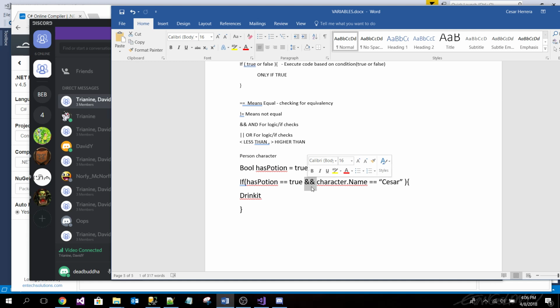So in English, right, it means and. So that means that both of these things have to be true. I know it sounds easy and dumb, sort of, but it means both of these things have to be true in order to execute this, correct? Generally, yeah, that's what it means. It's very easy.